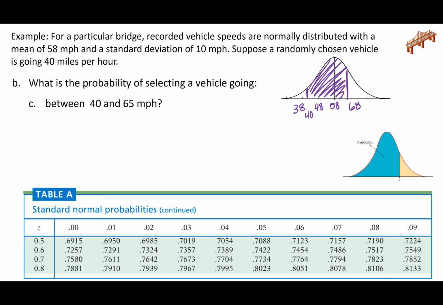First, we're going to find the area less than 65, and then subtract the area less than 40. And it'll just give us the area we want here. So the probability x is between them